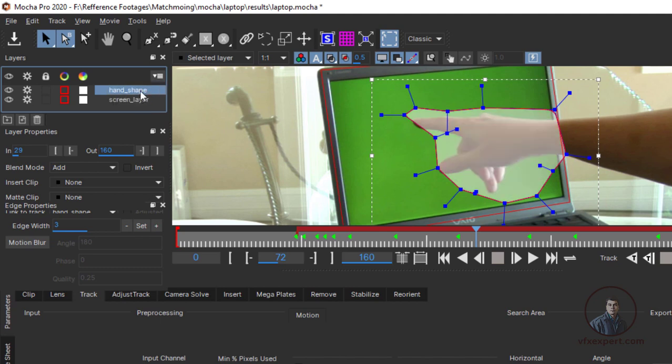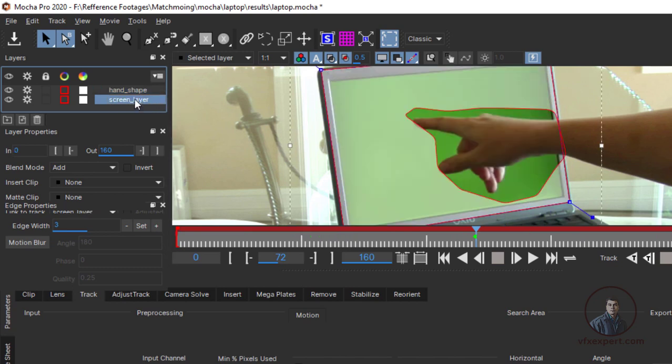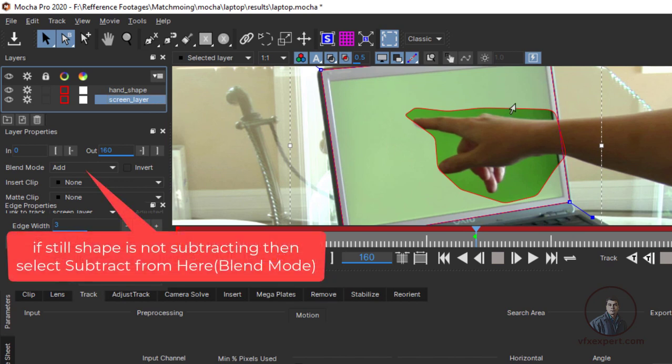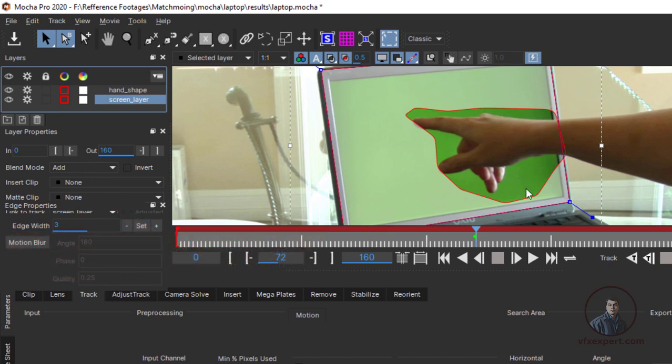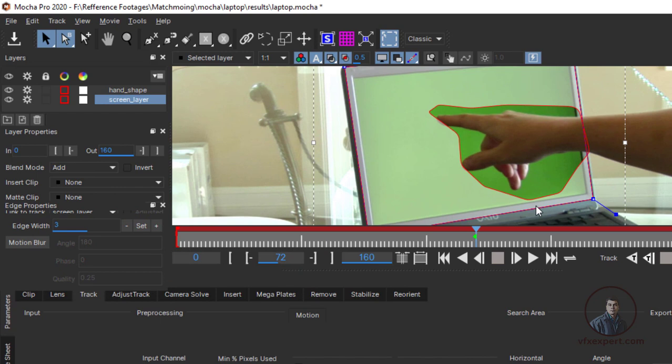Now after this you have to click on the screens layer, the layer you have to track. Now here you will see the hand shape area is subtracted from your screen tracking layer.